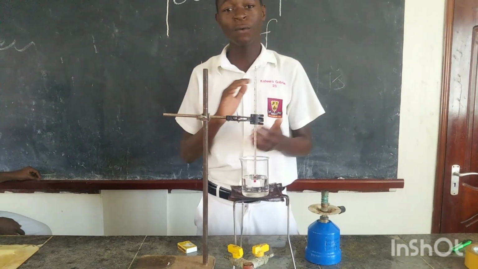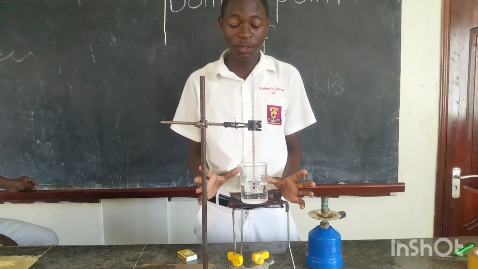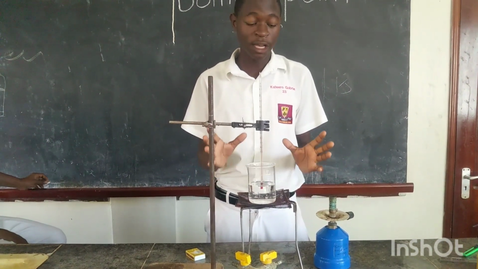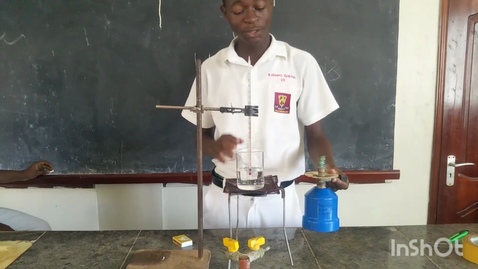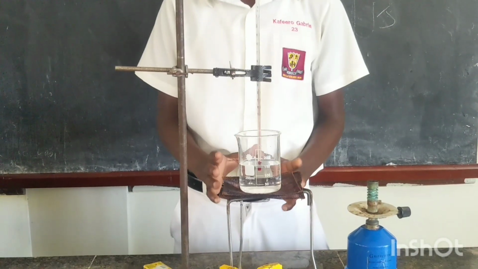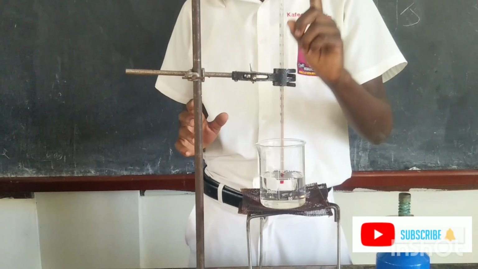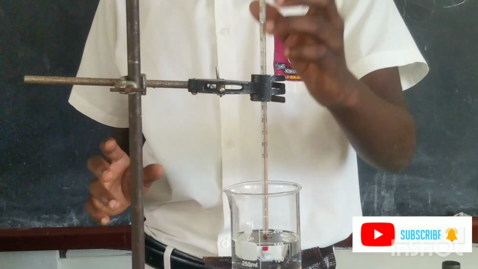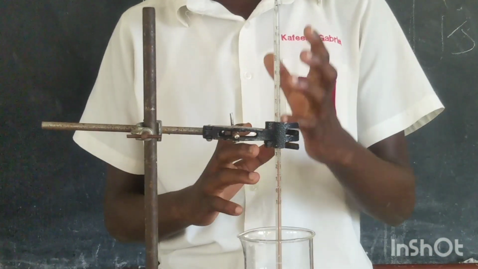Before we determine the boiling point of water, there are some instruments, or apparatus, in front of me. I have a Bunsen burner here. This will be my source of heat. I have a tripod stand that will help me to hold the other apparatus. I have the wire gauze. I've got the beaker. And this is a thermometer that will help me to measure